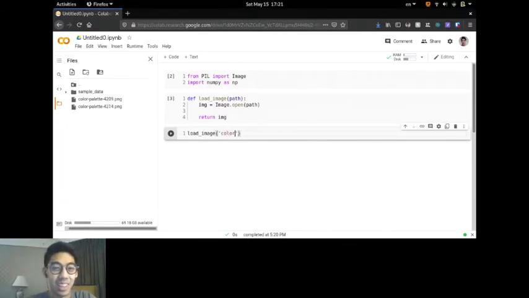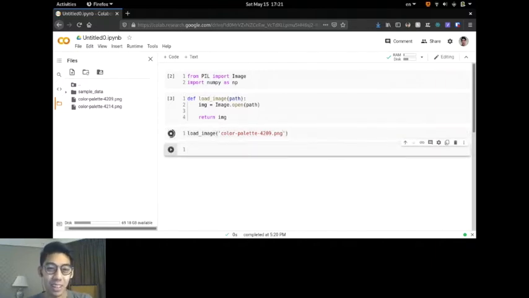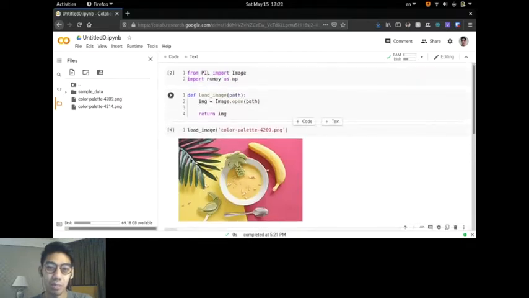So I'm going to load color palette 4209. I got these images from this color palette website. I can't even remember where. It's been a while back. But essentially, if you do load_image, PIL will display the image for you if you're in a notebook setting. So not just Google Colab, this also happens in